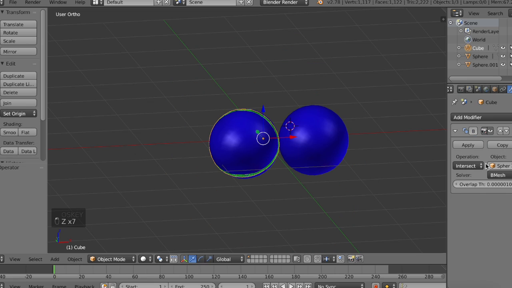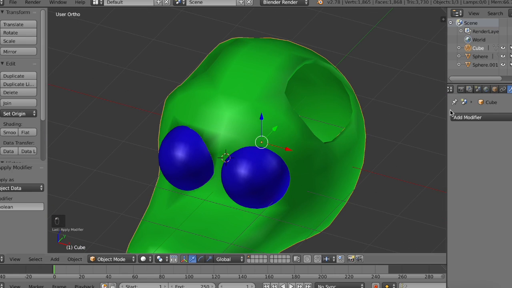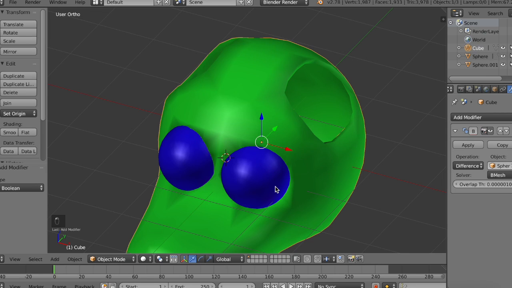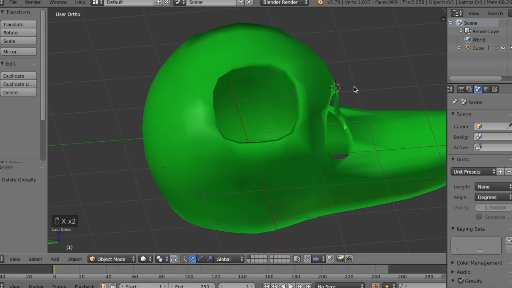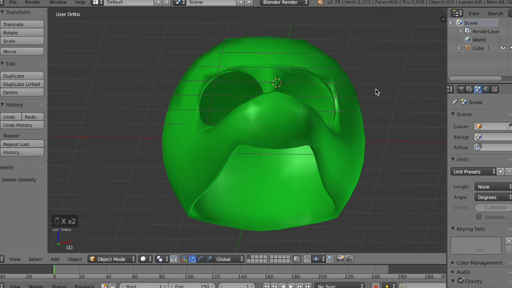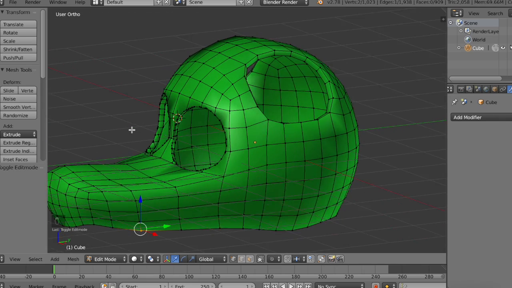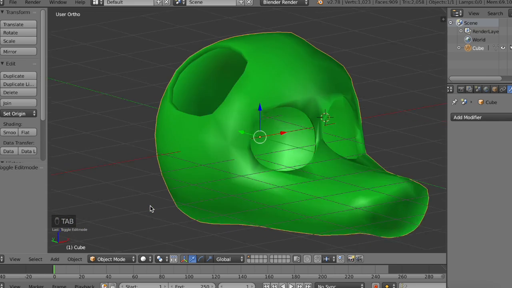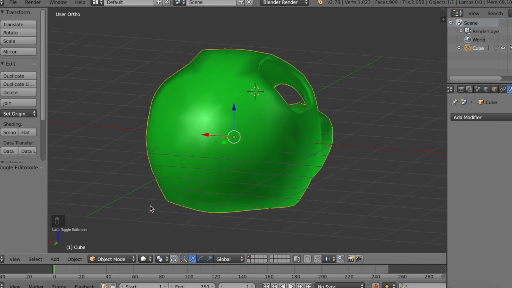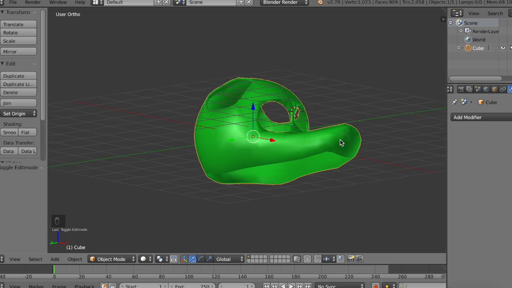Okay, so I'm actually gonna change that over here to difference. Just gonna get that done. If it doesn't work, try maybe a different order. Yeah, see, it worked this time. It's sometimes just the order of how you do it. And also what you can do is, now that you have these vertices, you can change however you want the mouth to look like. So that's how you can use Boolean, Subdivision Surface, and edit mode,